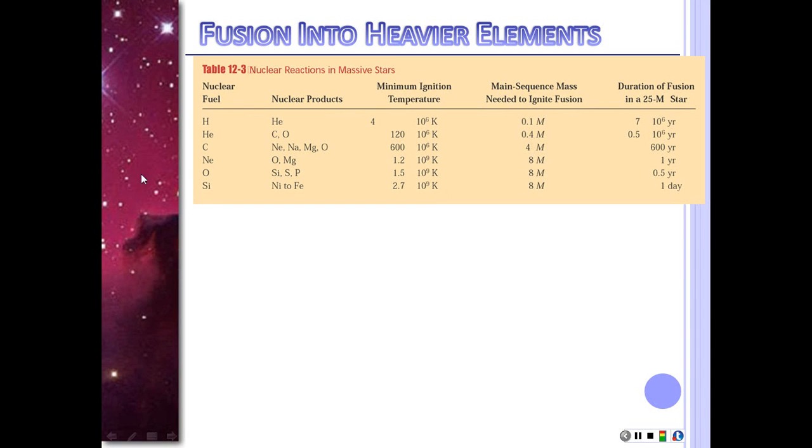And so this is kind of the schematic of what's going on. We've got hydrogen burning, and that ignites at a few million Kelvin, and it lasts for a few million years. This is for a 25 solar mass star. Then you have helium burning, which makes carbon and oxygen, ignites at a higher temperature, and lasts for less than a million years. Then you've got carbon burning, which makes neon, sodium, magnesium, and oxygen. Remember, we talked about having some white dwarfs that are made of these compositions. And this happens at an even higher temperature, 600 million Kelvin,